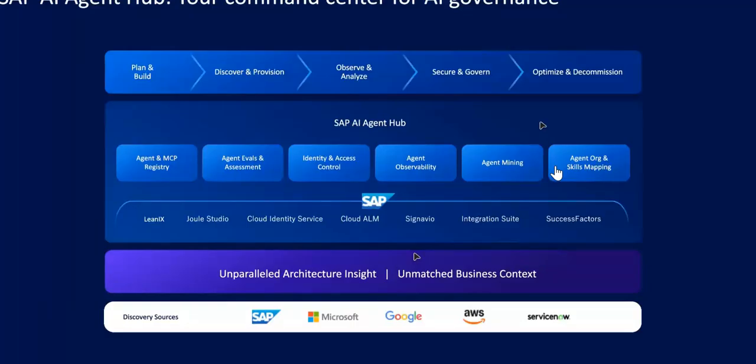As you see on the screen, it includes various parts. It includes the agent, LLM, and MCP registry as a single source of truth for every AI artifact in your landscape, regardless of who built it, right? It can be built on SAP BTP, it can be built on Azure, it can be built on